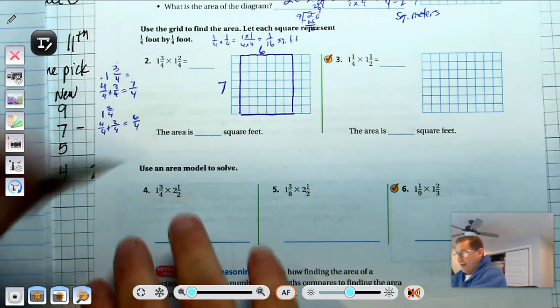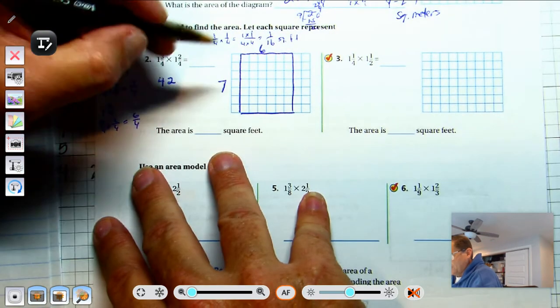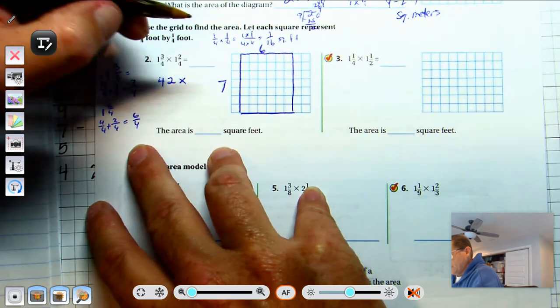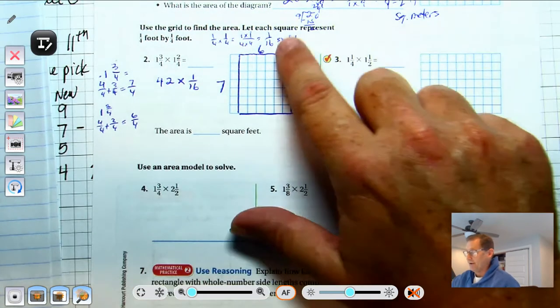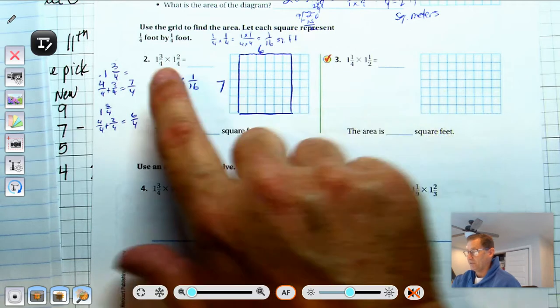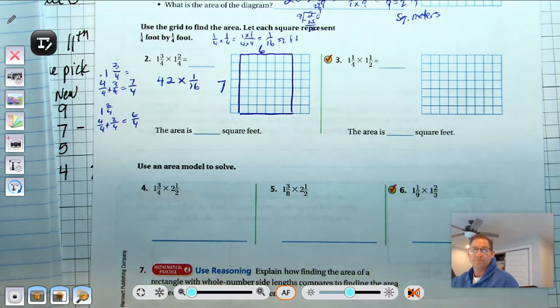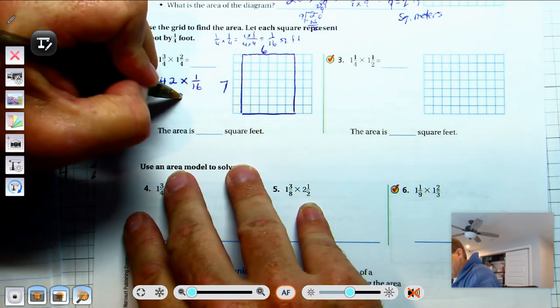Okay. So we have 42 squares times 1/16. The area of each square is 1/16 because it's 1/4 times 1/4. So 42/16,